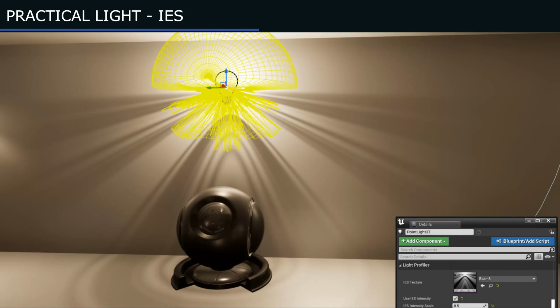Illuminating Engineering Society profiles are a lighting industry standard method of diagramming the brightness and fall-off of light, as it exists in a particular real-world light fixture. Unreal Engine can use IES profiles to get realistic lighting results based on profiles directly from light manufacturers. IES profiles render very fast and do not have a significant effect on performance, making them a more ideal option for shaping your light than using a light function. Profiles of various fixtures can be downloaded from light manufacturer websites.